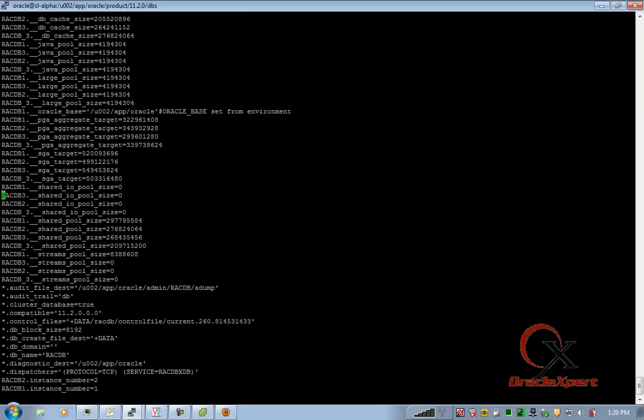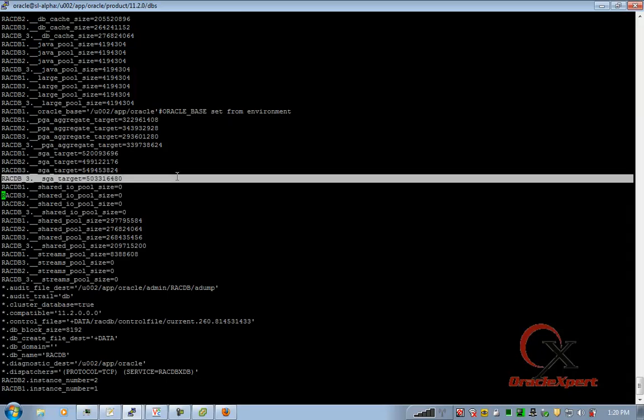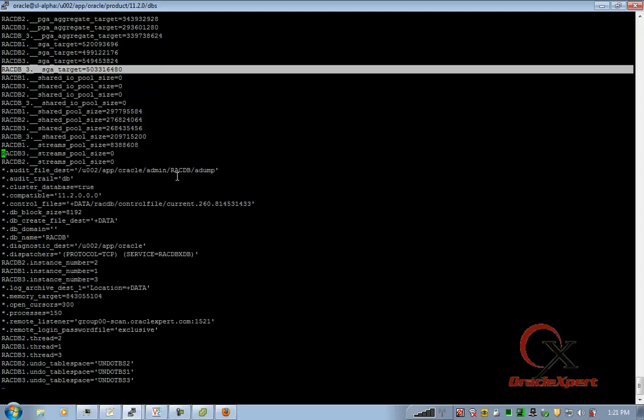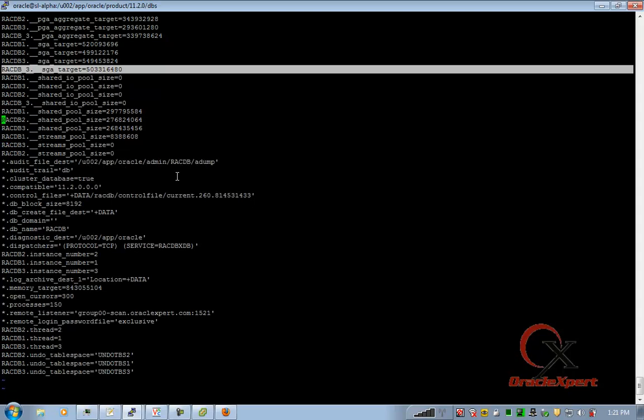So see here, for the instance which was made policy managed, it has done some changes to my SP file. All other things look okay to me except for those parameters which shouldn't be there. I don't think they would be causing any problem, but I just want to get rid of them as well.